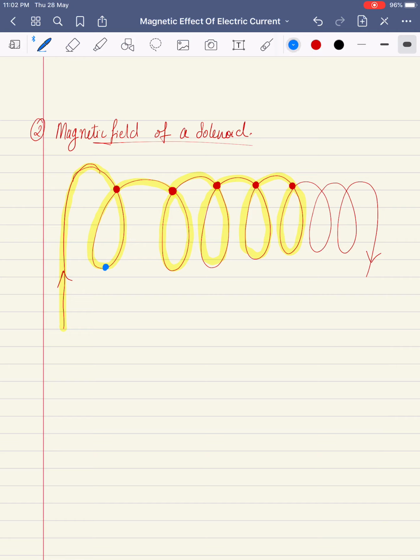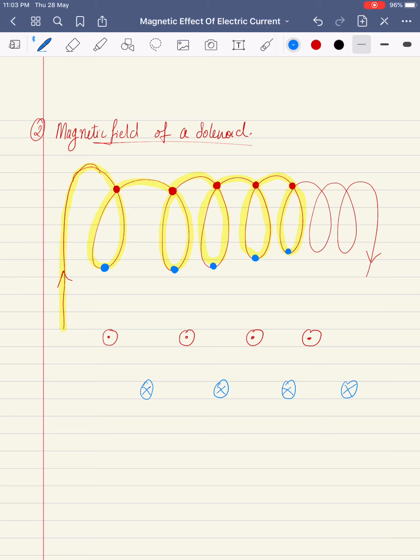Whereas if I say about the points which are below, here if you observe, the current is actually moving into the plane of paper. Getting it clearly? Okay. So basically when I say these points, the above points, you will find that the current is moving normally out of the plane of paper. If I have a cross section of a solenoid, मतलब मैंने solenoid को हाफ सिलेंडर में अगर कट किया तो मुझे पता चलेगा कि अपर पॉइंट में अगर मैं कंसंट्रेट करूँ तो करंट बाहर की तरफ आ रहा है, और अगर मैं लोअर पॉइंट्स की तरफ जाता हूँ, the points which are below, तो मुझे पता चल रहा है कि जो करंट है that is moving normally into the plane of paper.